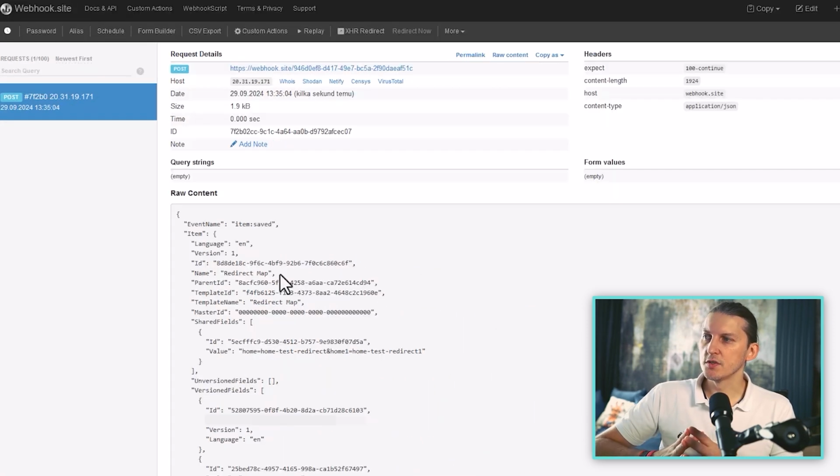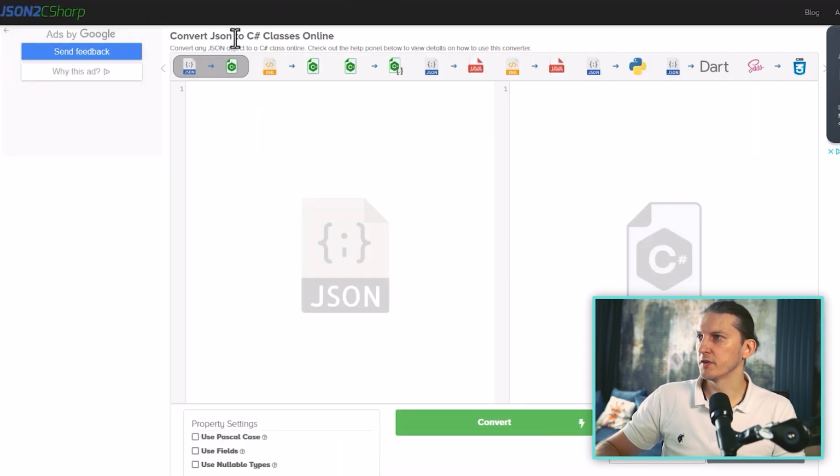So now we can use this JSON and extract all the details. We can create a model that will represent this JSON. So then we can talk to our Redis cache and update our redirects. If you want to quickly convert this JSON to C# classes, you can use a JSON to C# converter